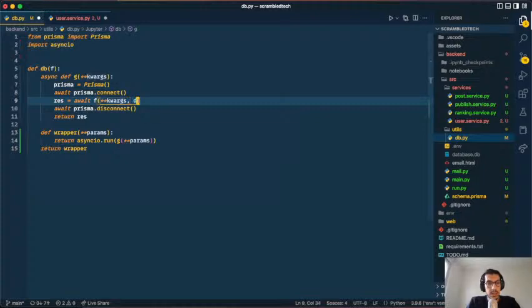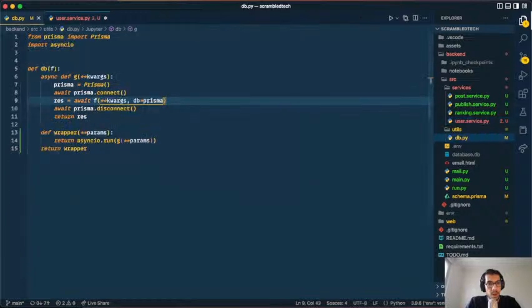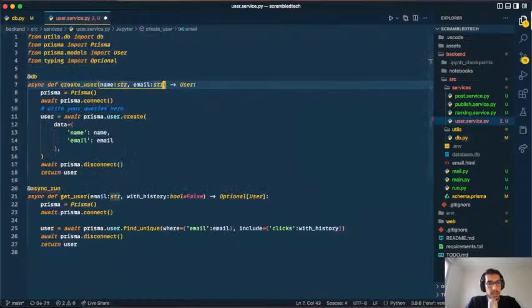I could say that equal Prisma, and then this function f, I could say just takes that and